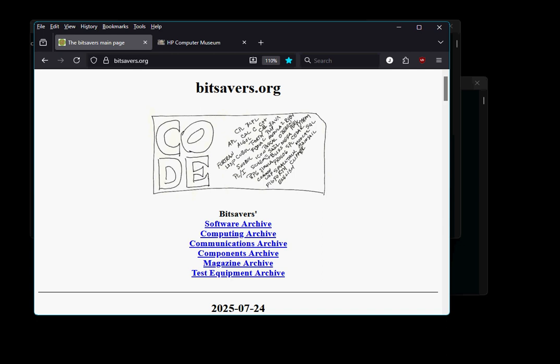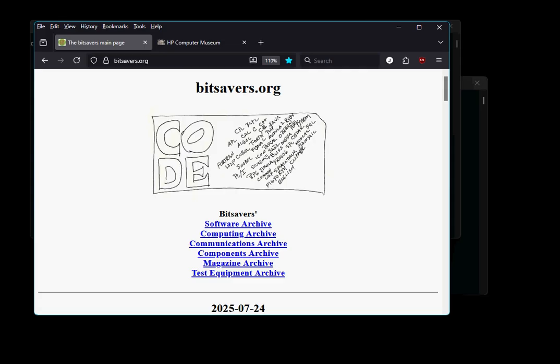I've spent the last couple of months working on a SIMH simulated HP 1000, and I would like to create some documentation on how I navigate and use this system, and I really don't want to write it down, so I'm just going to do a quick and dirty video of just some of the basic navigation and how to create, compile, link a Fortran program, how to edit it with Edit 1000, and just a couple of other